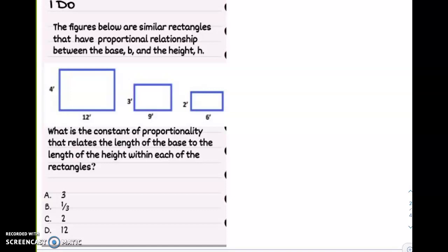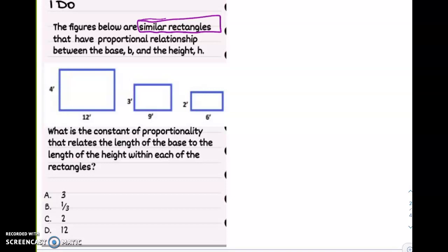The figures below are similar rectangles. They have proportional relationships between the base B and the height H. What is the constant of proportionality that relates the length of the base to the length of the height within each rectangle? Okay, so again, we know that it is proportional to, well, they're actually similar